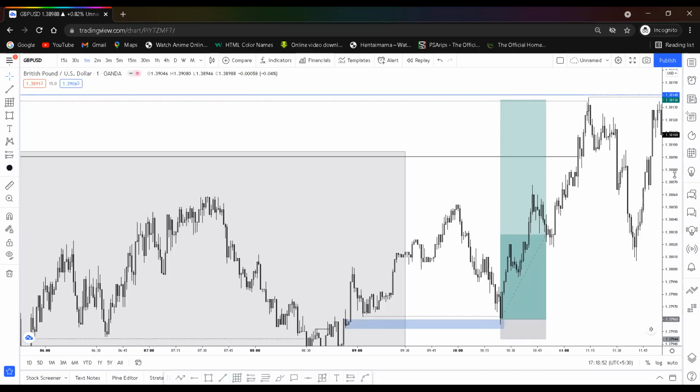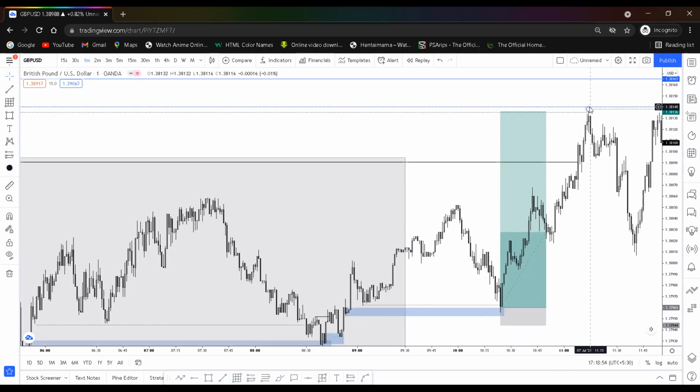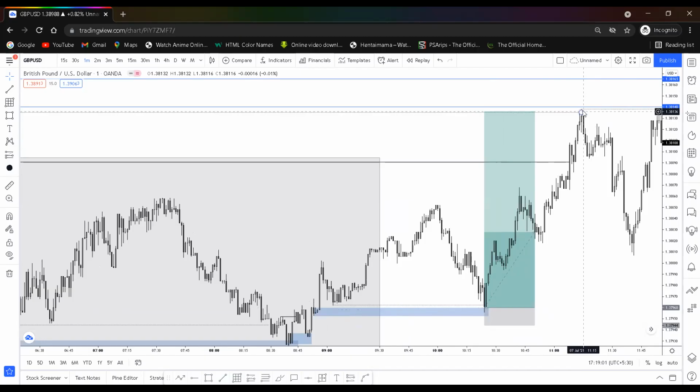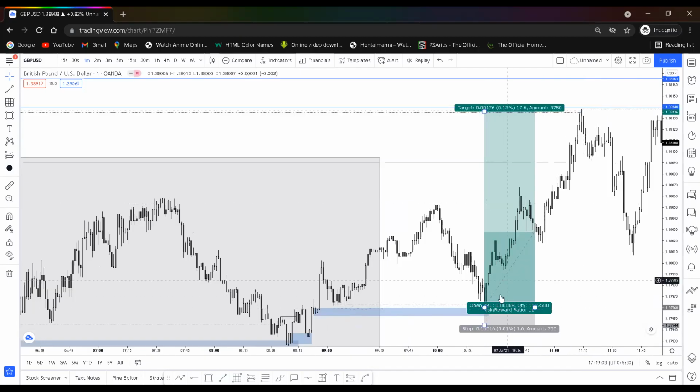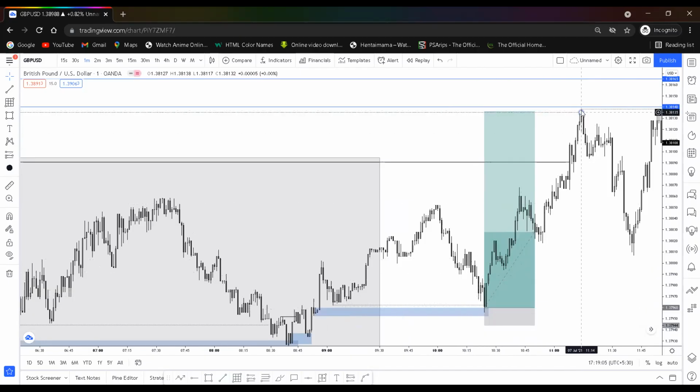If it goes and mitigates the trap, we're gonna sell from that. I gave you the reasons why. And now it did not mitigate. So we know this is the higher low, higher high, and then price has to come back down to the higher low,